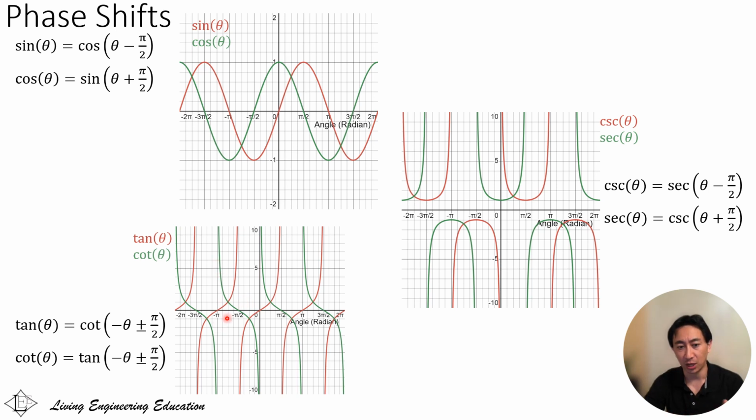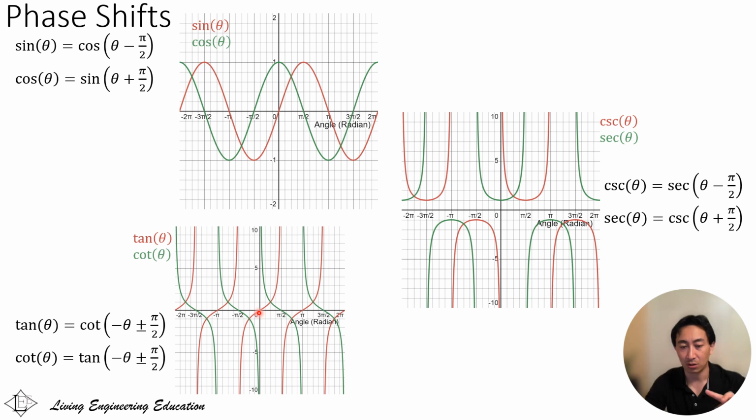You can see the shape of the red and green graphs are not the same. No matter how much I shift it left or right, it will not match. So the negative theta will flip the graph, right? Like we talked about with the odd and even functions. So that's part of the importance of it. It will flip the graph, but even if I just flip the graph, I still need a pi over 2 phase shift. Now I have plus or minus pi over 2 because it doesn't matter if I shift,